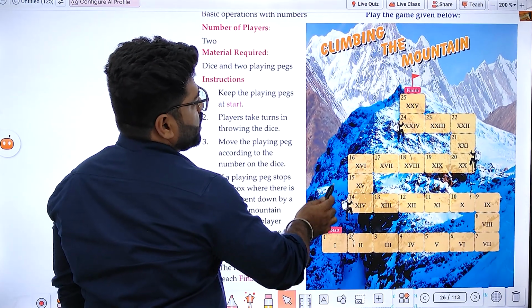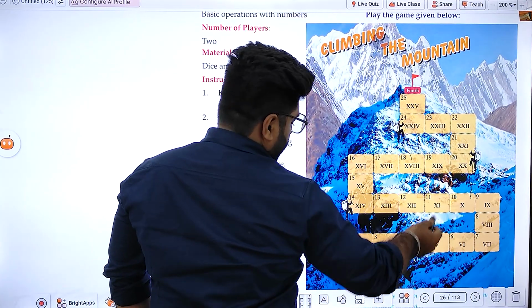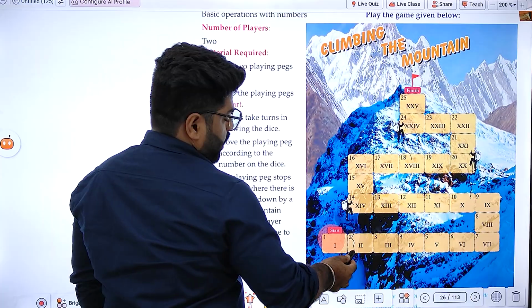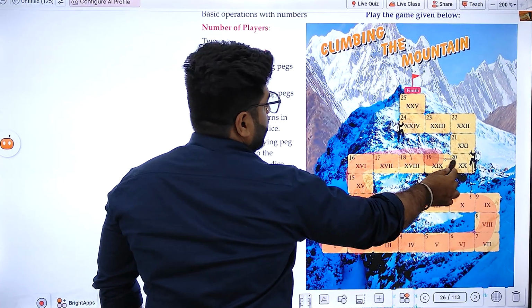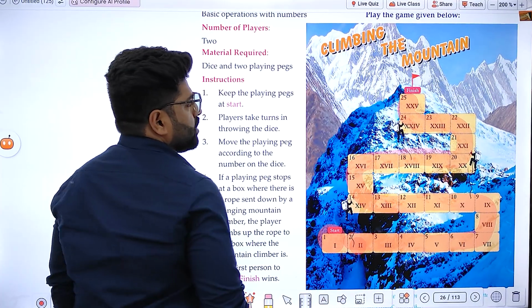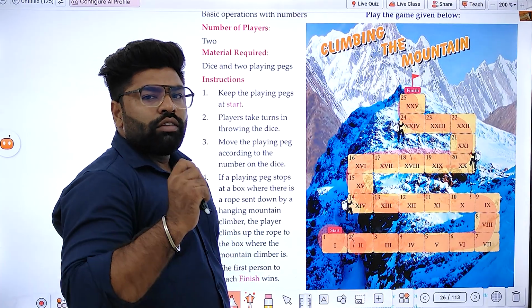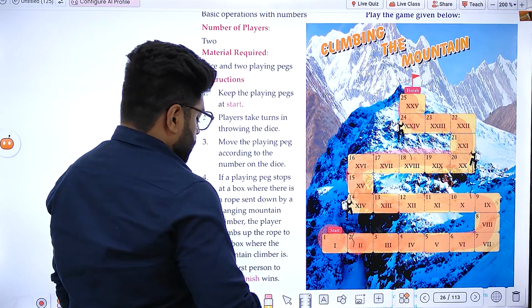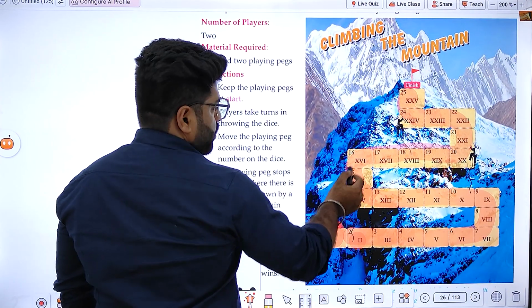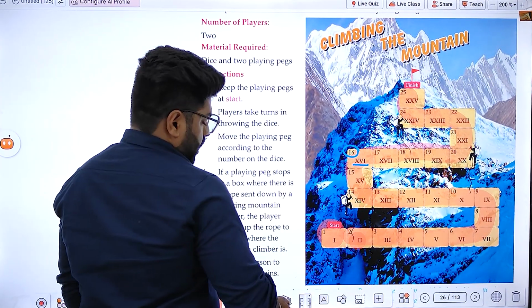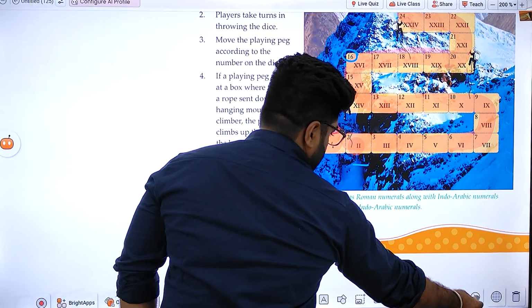So here we are having some instructions in two languages, or two symbols, we can say. We are starting from this first point and then go in this way, and thus we have to complete this puzzle, and we finish at the 25th position, that is our 25th block. So here we are having two kinds of numbers, Hindu-Arabic numbers, just like 16, and here we are having Roman numerals.